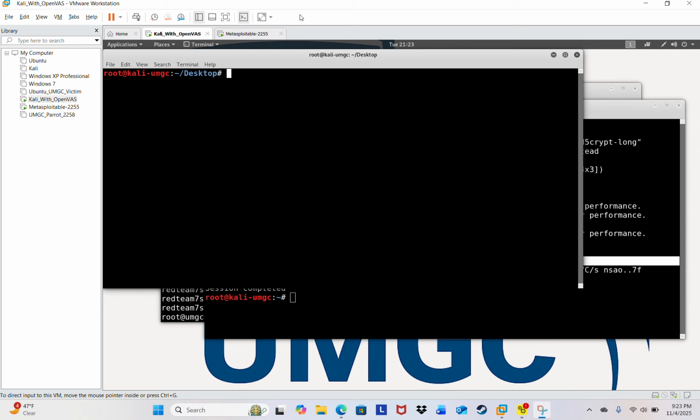Right. So to extract this data from the target's machine, since I'm already on my desktop, I need to pull that file from the target's machine, copy it, and save it onto my desktop. So the way I'm going to do it is going to be